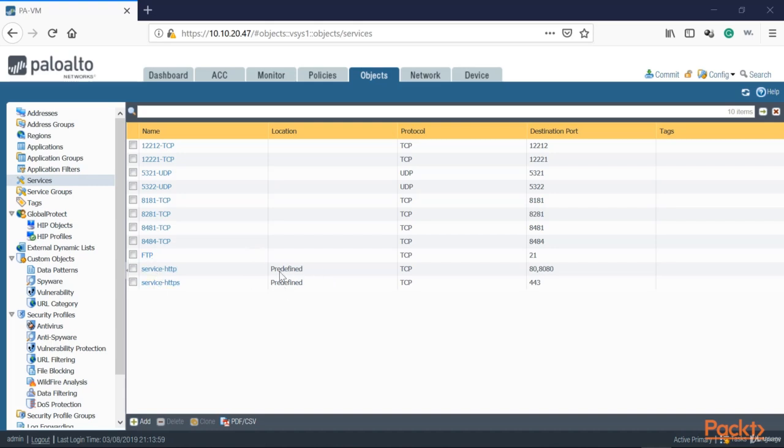You can see we have two predefined services, the HTTP, HTTPS. Why is that? 80 and 443, those are very common ports. You're going to be using that in most of the policies, so that's why the Palo Alto will bring that already predefined for you. Now, last thing I have to do is create a service group, and let's group them